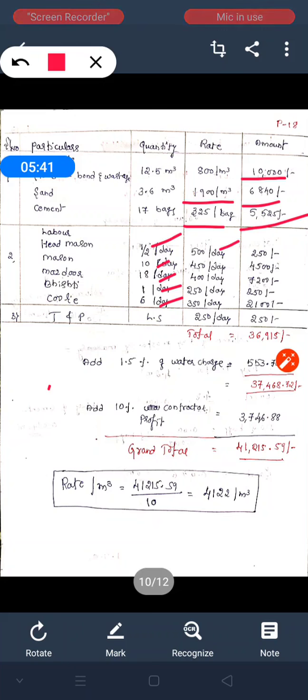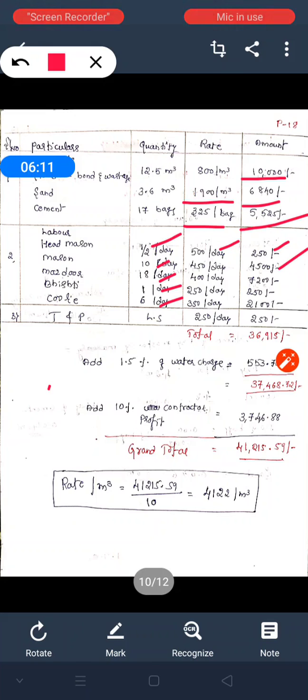And here we have rates. For admission you may get around 500 rupees per day, mason around 450 rupees per day, Mazdoor around 400, Bisti is 250, and Coolie is around 350. After multiplying the number of labors and the rate, we got the total amount here. For admission per day 250 rupees, that is the total amount in order to complete the 10 meter cube of work, and for mason you may get around